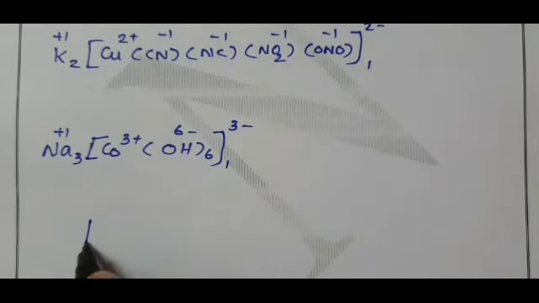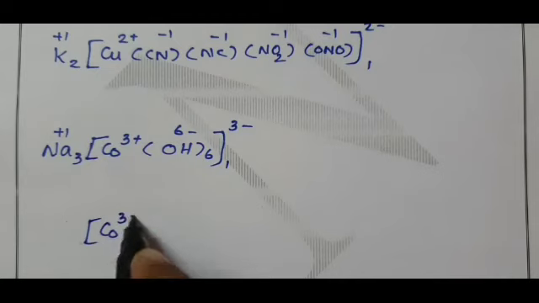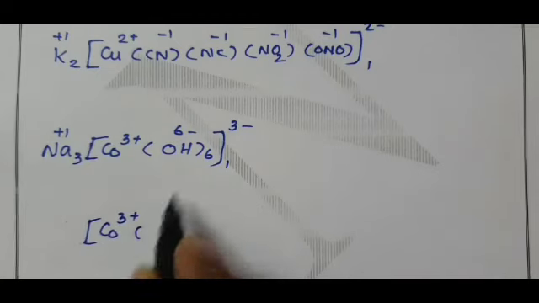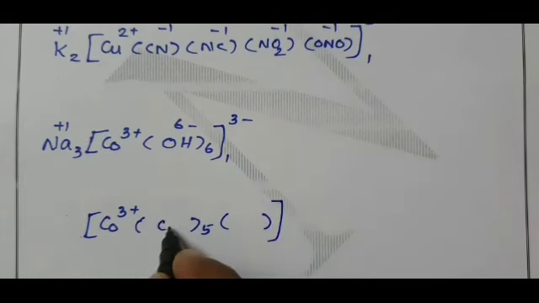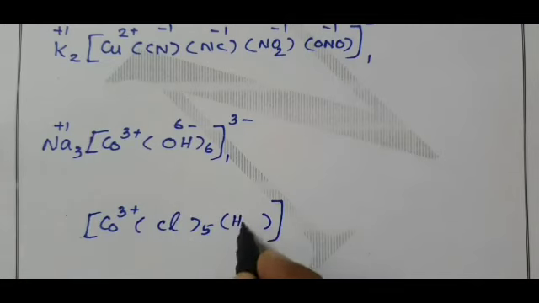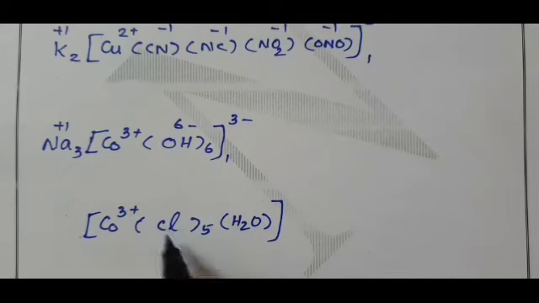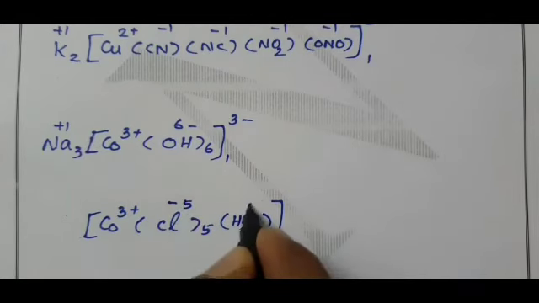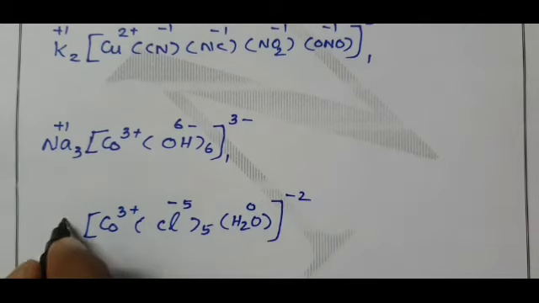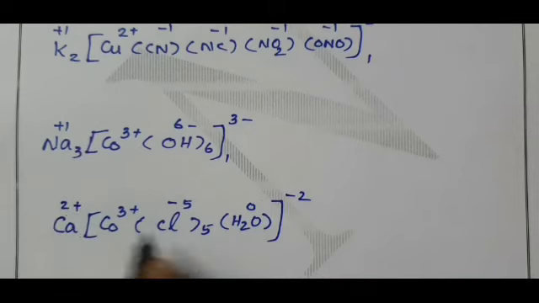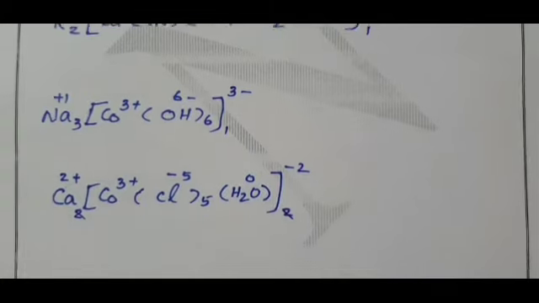another complex, cobalt 3 plus. Now you can divide the coordination number 6 into 5 plus 1: 5 negative ligands, 1 maybe negative ligand or neutral ligand. Here I am using Cl and here I am using H2O. 1 chlorine 1 minus, 5 chlorine 5 minus, aqua 0. When you add these two, you will get minus 2 on the complex. That minus 2 is neutralized by adding 1 calcium 2 plus, this 2 is here, that 2 is here, 2 get cancelled, you will get the complex.